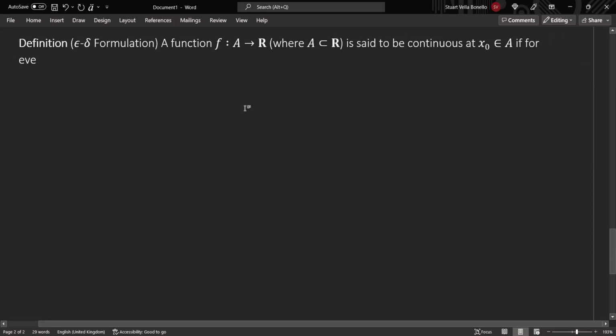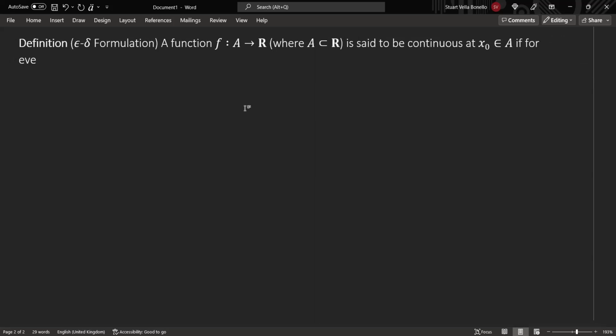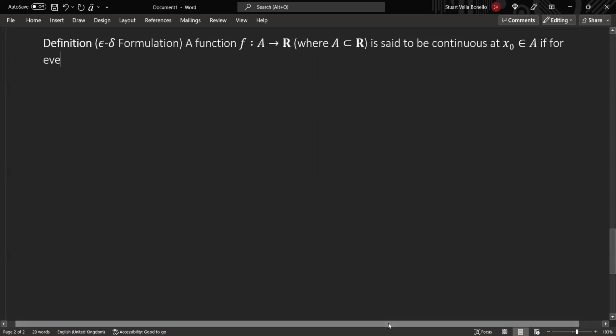just zoom out a little bit. And again, the idea is, I'm having a bit of fun with this definition. It's something that I haven't thought of in a rigorous way in many years. The point of this session is not to understand, although it's not too difficult to get at least an intuitive idea of what I'm saying over here. The idea is just to see how, this is like a hybrid model where we have the equation editor together with normal text. A function is said to be continuous at x0, an element of A, if for every